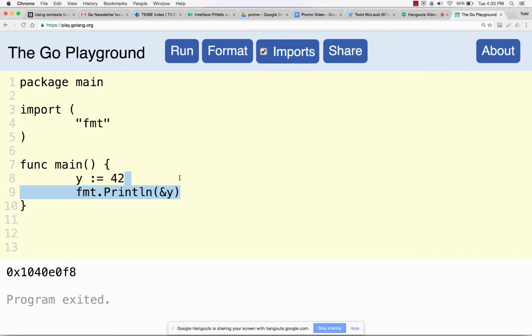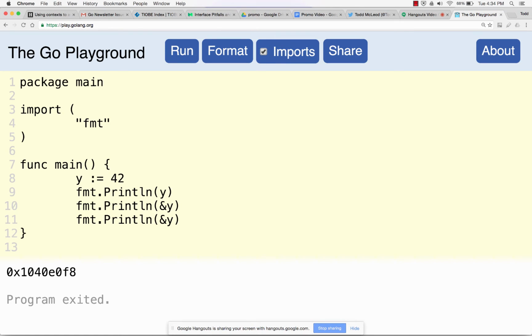Okay? Right. So it's an address in memory. And we could see the value that's stored there with just y. And we could see the address where that value is stored with the ampersand. Okay? Gotcha. So that ampersand is an operator. That's an operator. And then finally, if we have an address,